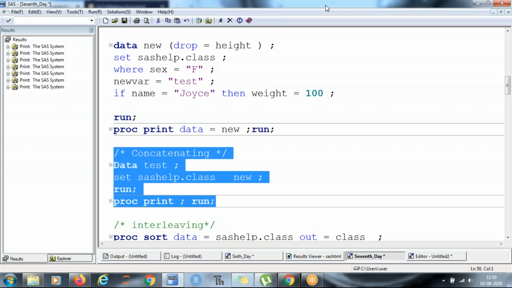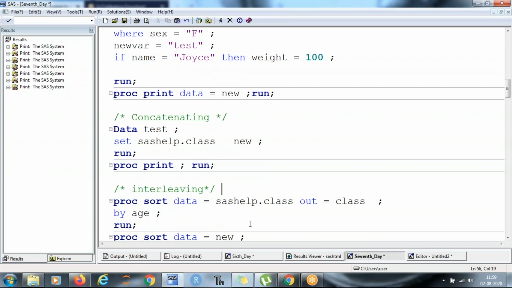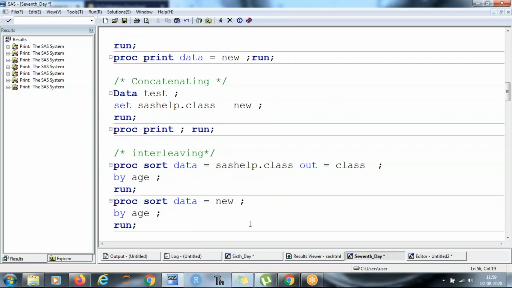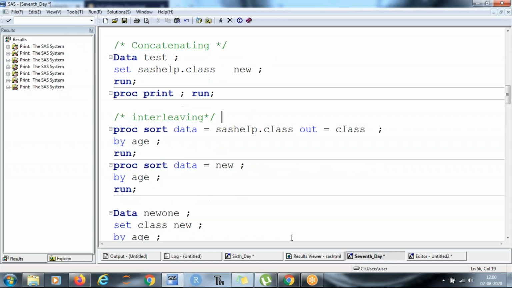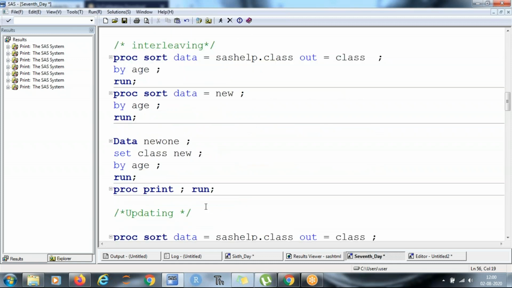In this we need to merge or stack data on the basis of some variable. So the command is data, set class, or you can use sashelp.class.